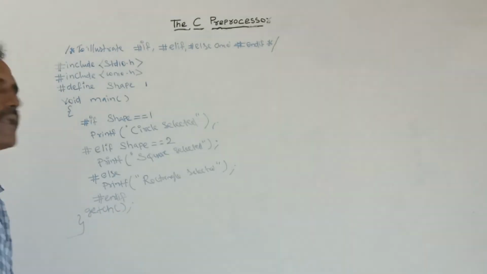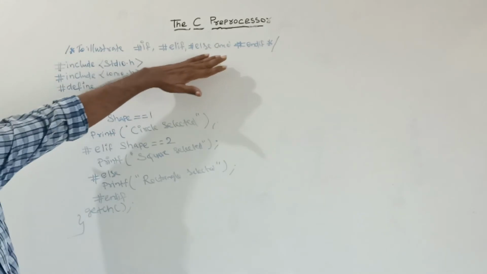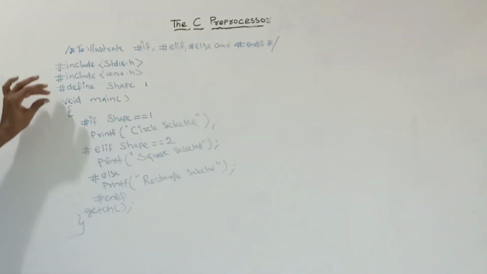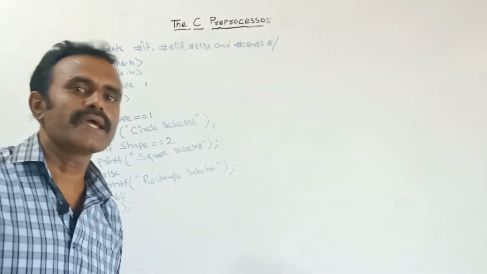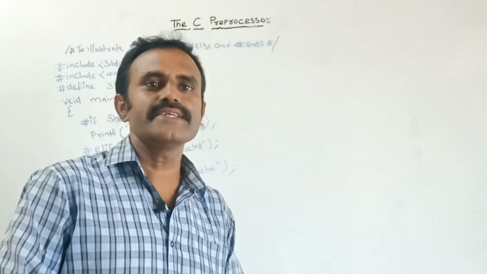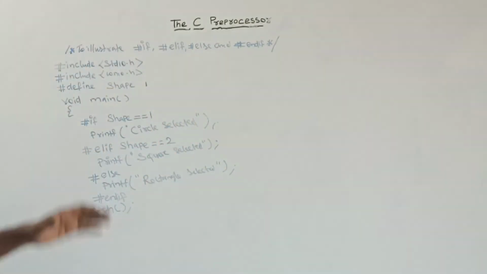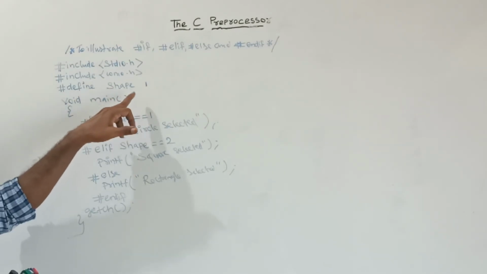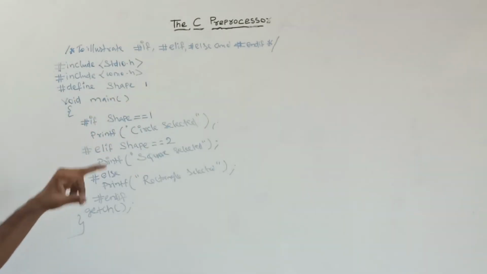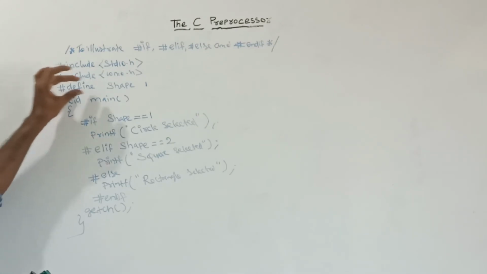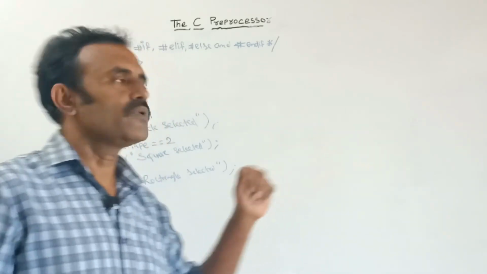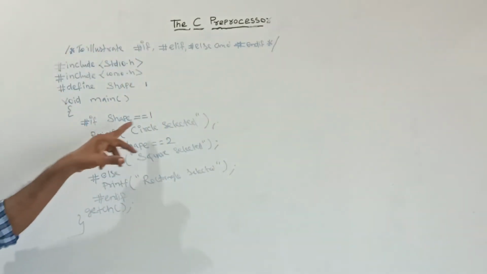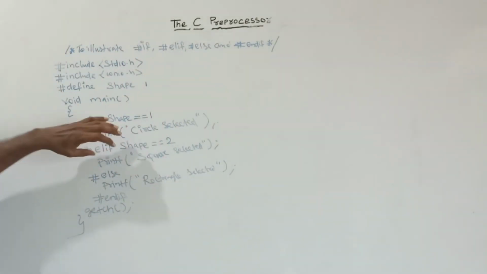Here I am showing how to use #if, #elif, #else and #endif. Here I am using the header files stdio.h and conio.h. After that I am defining a macro named shape. Suppose we need to draw a shape, depending upon what we mention in the macro value. Here we can define the shape and give values to that macro. If the macro value is 1, then I am telling it to print